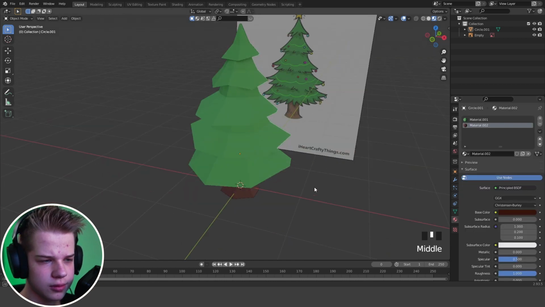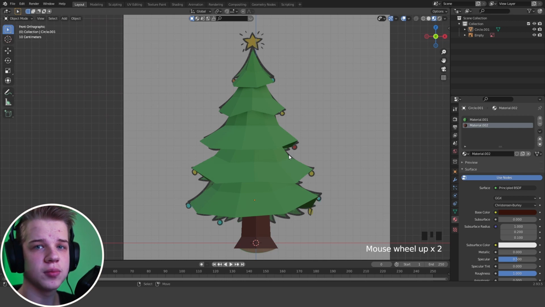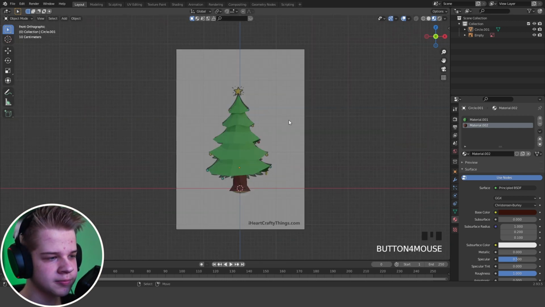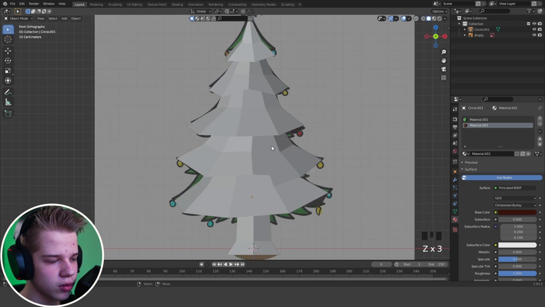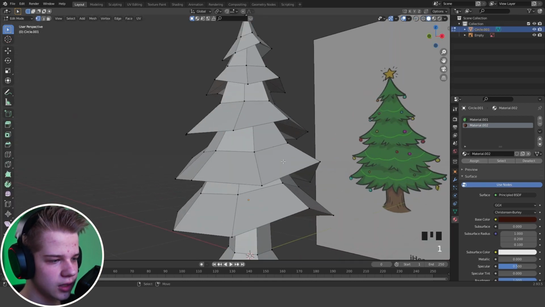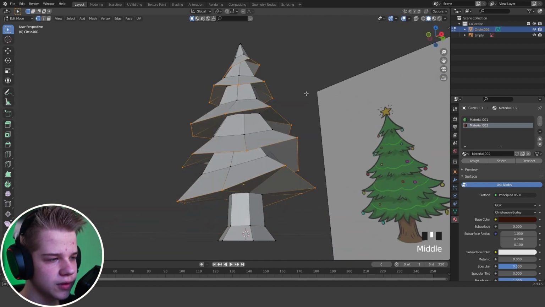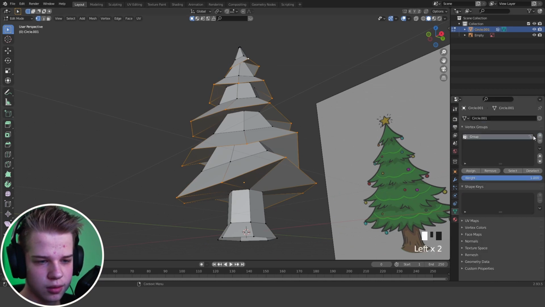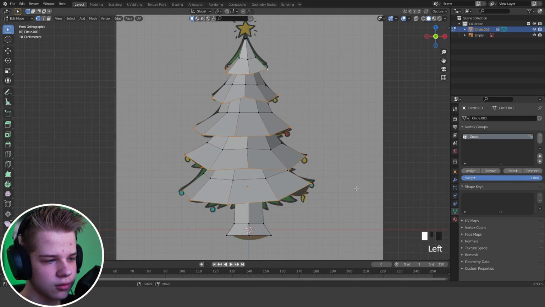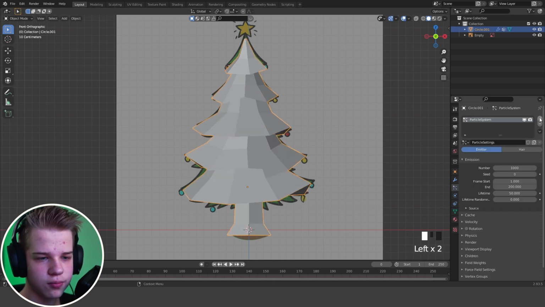Okay, so next you want to add some decorations, obviously, because you don't want to just leave it like this. So we're going to add some little bubbles. Let's make a new edge group. So we select all of these edges at the edges of the tree, and then we press plus, and press the sun, and then you can go to the particle system tab, press plus